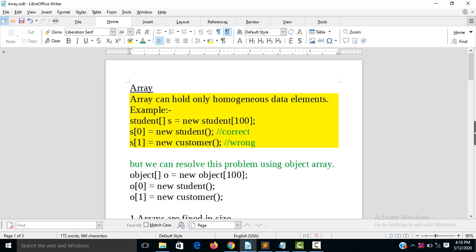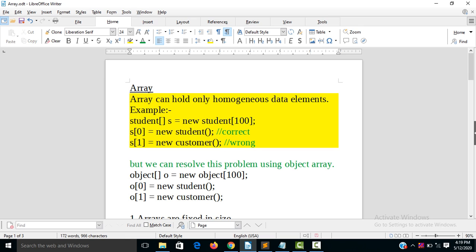If we are storing a value using the student type of array, at s0, index 0, we want to store the value. So s0 equal to new Student is correct because the object is a student type here, and s1 equal to new Customer is wrong, because the array can hold only homogeneous data type elements.